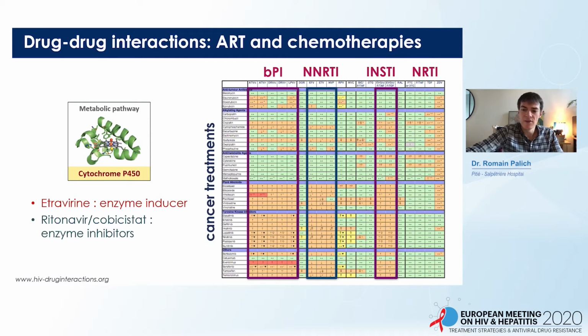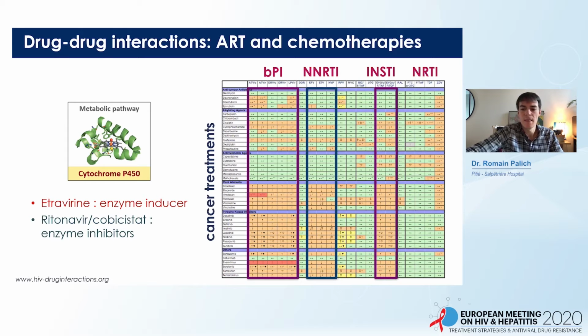Antineoplastic and antiretroviral drugs share metabolic pathways, especially cytochrome P450, which can generate drug-drug interactions. Etravirine strongly induces cytochrome P450, and the risk is the inefficacy of the antineoplastic treatment. By contrast, boosters like ritonavir or cobicistat inhibit cytochrome P450, and the risk in this case is a significant increase in concentrations of antineoplastic drugs with a risk of severe side effects. In much less frequent cases, it's the cancer treatment that can modify the concentrations of ART with a risk of